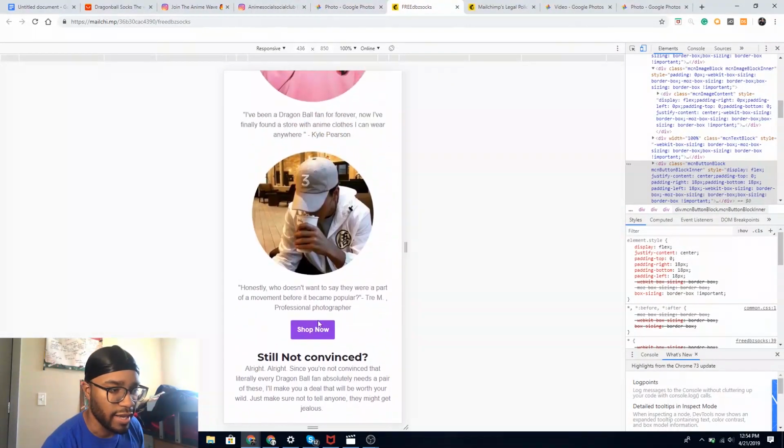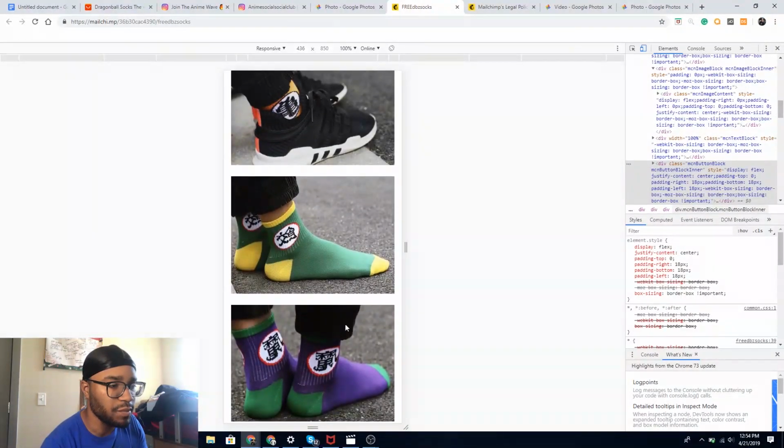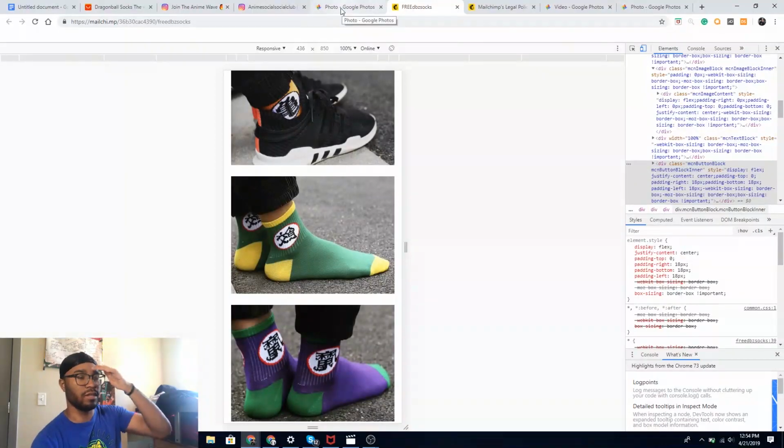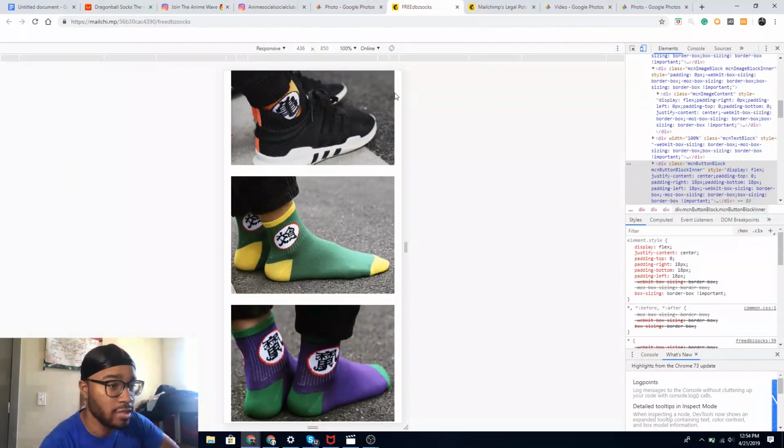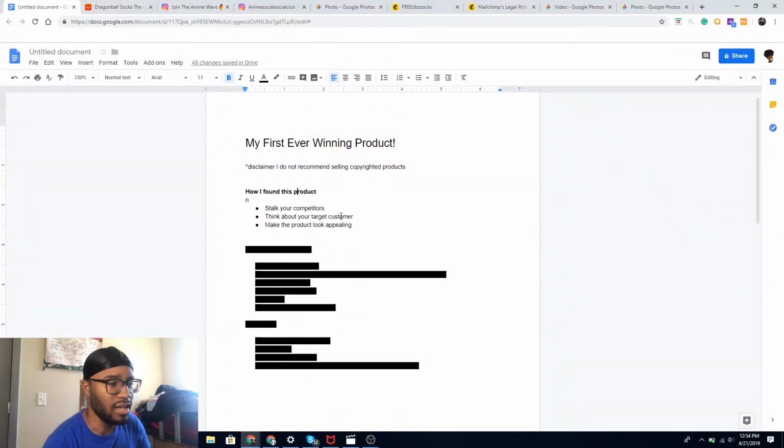The website is down, so I can't actually show you the product page, but the product page is relatively simple. It just had these pictures again, and then zero for the price. Believe it or not, this store is actually on WooCommerce. It wasn't even on Shopify. Back then, I didn't even know what Shopify was. I got really good a few years before at editing websites, so I did it pretty much on WooCommerce. And then I want to tell you guys a little bit about how I sold this product,